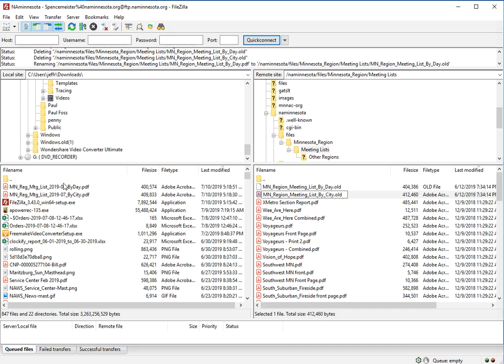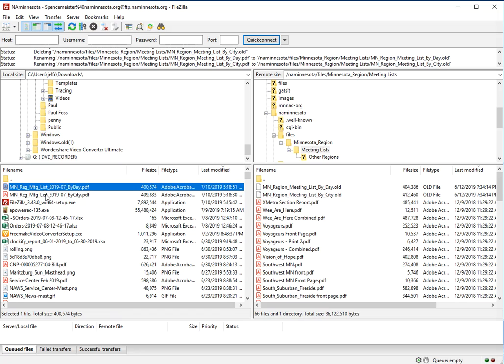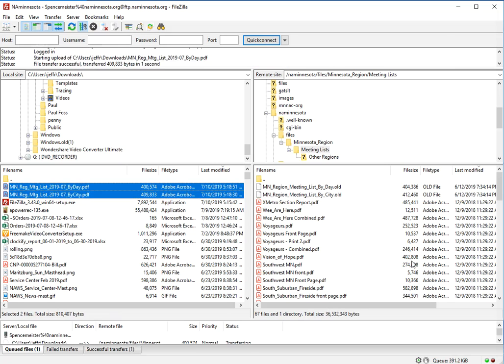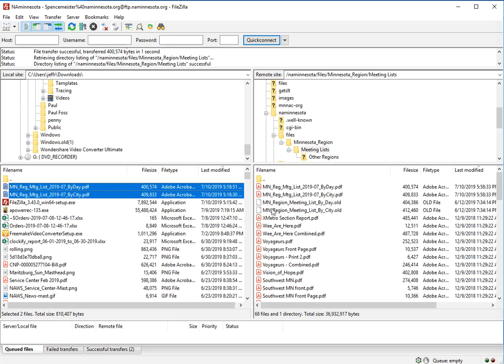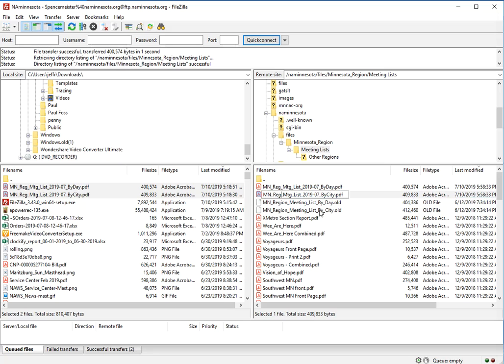There we go. And now all we have to do to get the new files on is drag them over here. Ta-da, there they are. Now we need to make these file names look exactly like the old file names. So first it's mn underscore, all capitals matter, so make sure that all the caps are exactly right. Region meeting list underscore, get rid of the date